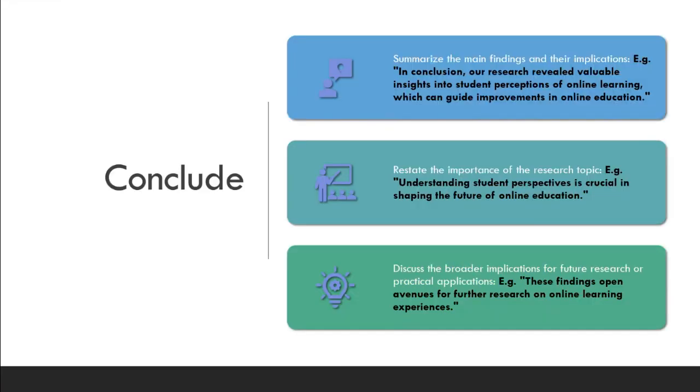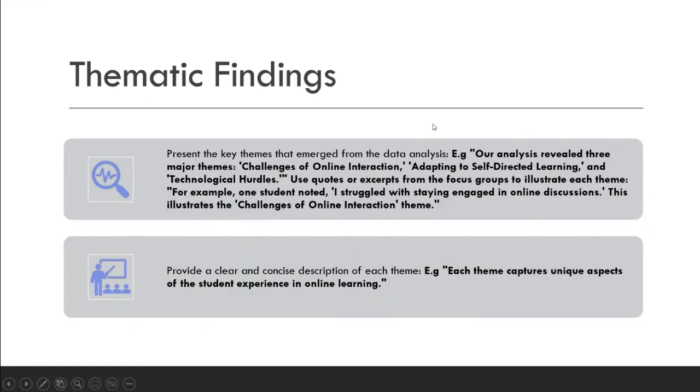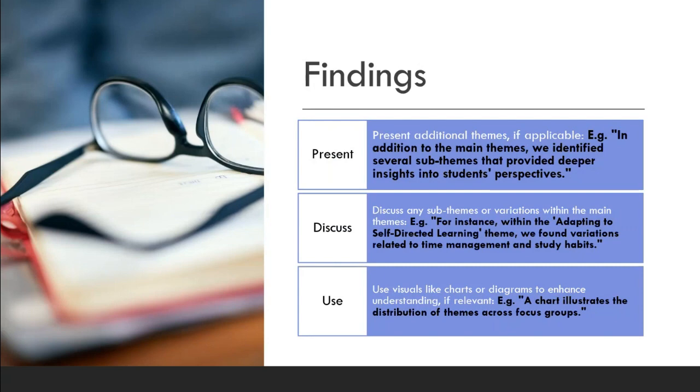So these might seem like they are too different, but if you have your full presentation, you would have a slide for each of the different themes, but then you would have them summarized. So this is more like a summarized version of what you've done in the details. Or in a short presentation, you would just show your key findings slide, where you present additional themes if applicable. For example, in addition to the main themes, we identified several sub-themes that provide deeper insights into